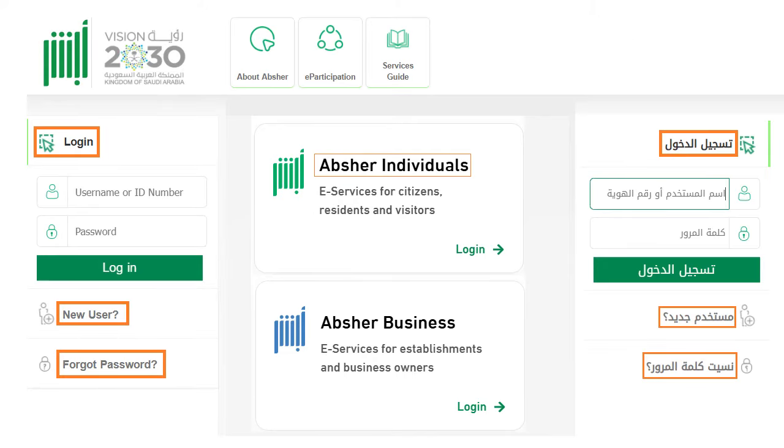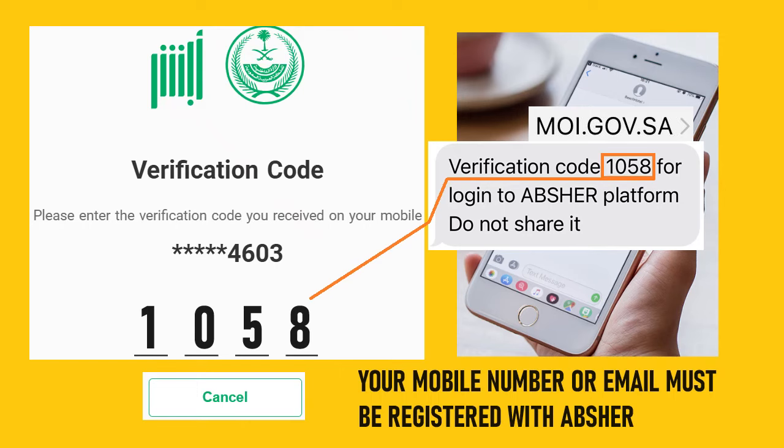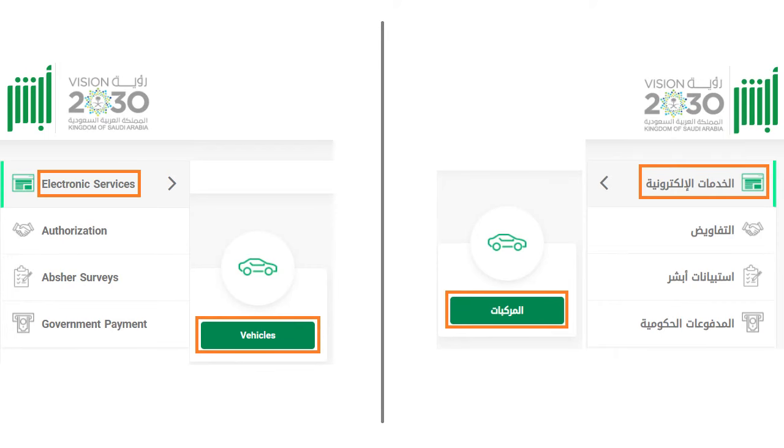If you don't have an account, you can create a new one. If you have forgotten your password, you can use forgot password. And then you have to enter your login details. You have to provide the verification code received on your registered mobile number, and then you have to choose electronic